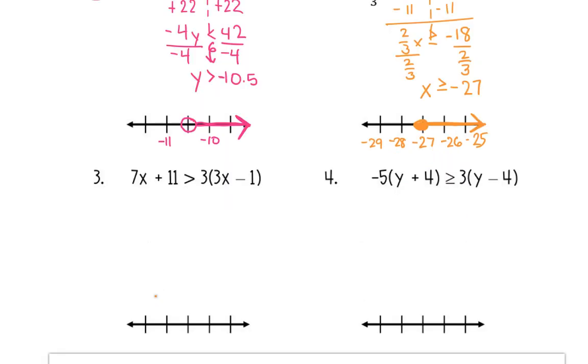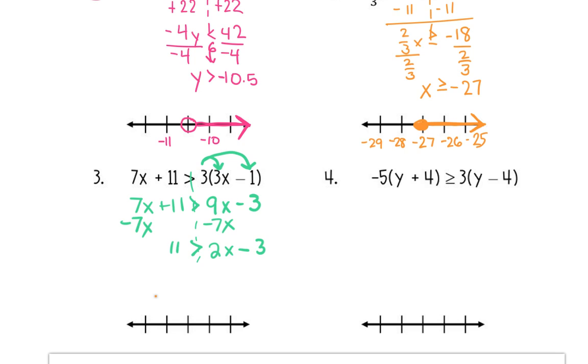For number 3, there's parentheses. The very first thing we need to do is to distribute to get rid of these parentheses. So I have 7x plus 11 is greater than 9x minus 3. I have variables on both sides, so I'm going to subtract 7x's on both sides here. It's going to give me 11 is greater than 2x